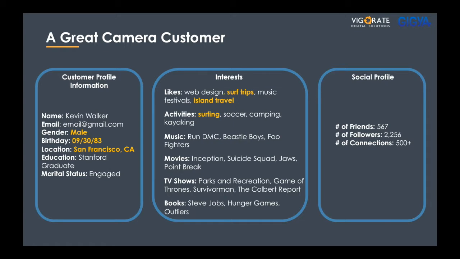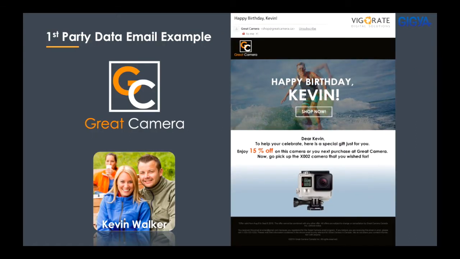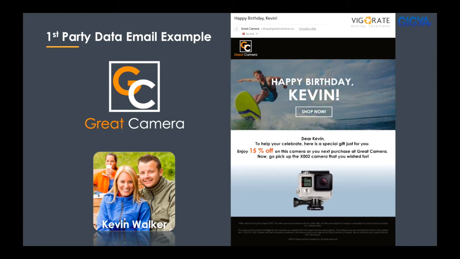And as everybody knows, personalized promotional emails have a much higher rate of engagement, being 20% higher unique open rates and 41% higher unique click-through rates than non-personalized mailings. After accessing first-party data and leveraging those insights in a sophisticated and strategic approach, we can now tailor the email that Kevin receives to directly speak to him on a much more personal level.